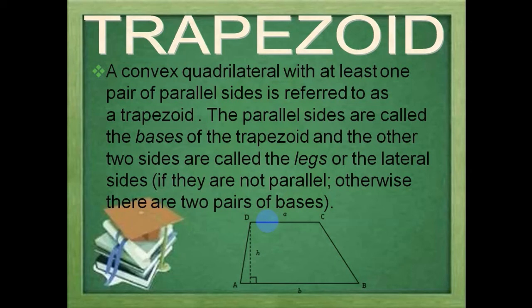So, dear students, you see over here, this is a parallelogram. This is a trapezoid. A trapezoid is also a quadrilateral. Quadrilateral means it has four sides. In a trapezium, two opposite sides are parallel and two opposite sides are non-parallel. So this is called a trapezium. A trapezoid is a geometrical two-dimensional shape in which two opposite sides are parallel and two opposite sides are non-parallel. So this is the shape of a trapezium, or trapezoid.